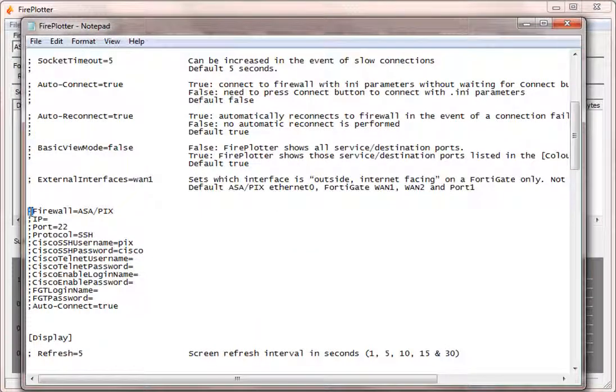So here we've got some sample lines that we can actually use without the descriptions of what they do. By removing the colon from the beginning of the line, I make that command, that setting, now active. So I'm going to set the IP address of the firewall that we're talking to. I'm going to connect to it with port 22. I'm going to use SSH, and I've already entered in the username and the password for SSH, and I've left the enable password blank, and I haven't set it yet for the moment. So let's just save that